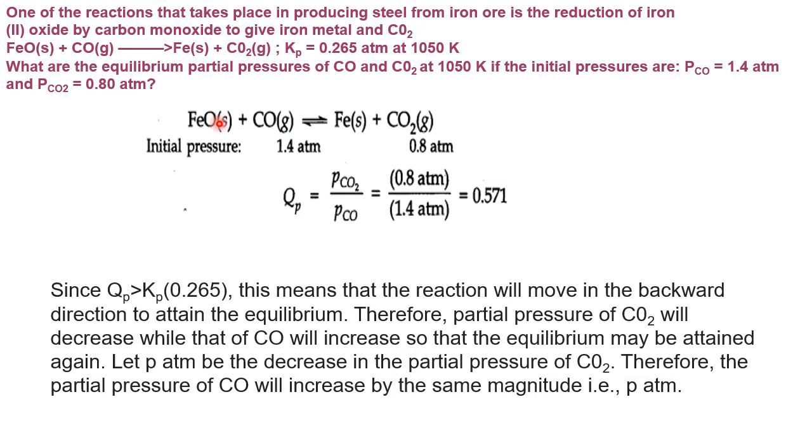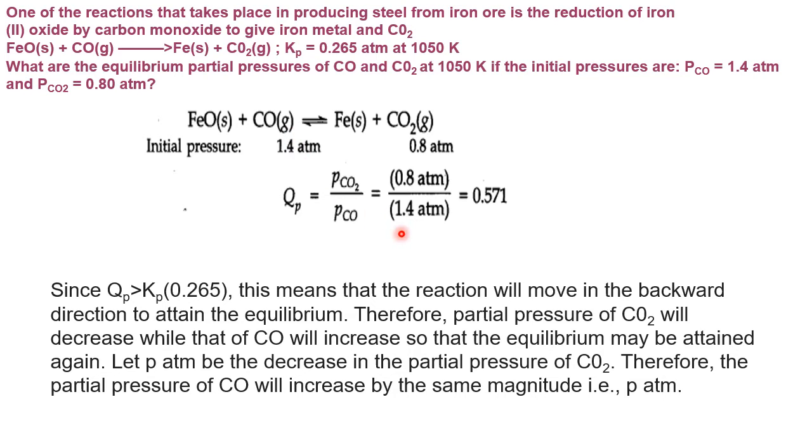Remember, the concentration of solids is omitted. This previous theory I told, even the numericals I have told. On the reactant side, one gaseous reactant, and on the product side, one gaseous product. So both are in the gaseous state. That means let us use the word partial pressure. When the reactants and products are in the solid or liquid state, we use Kc. If it is in the gaseous state, we use Kp. At equilibrium it is Kp, but at any stage of the reaction it is Qp, Qc. But because both are in the gaseous state, let us use Qp.